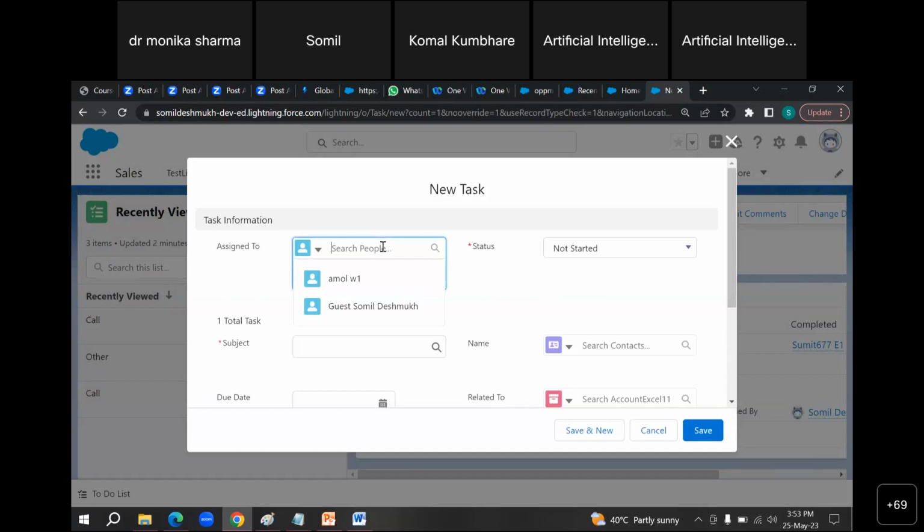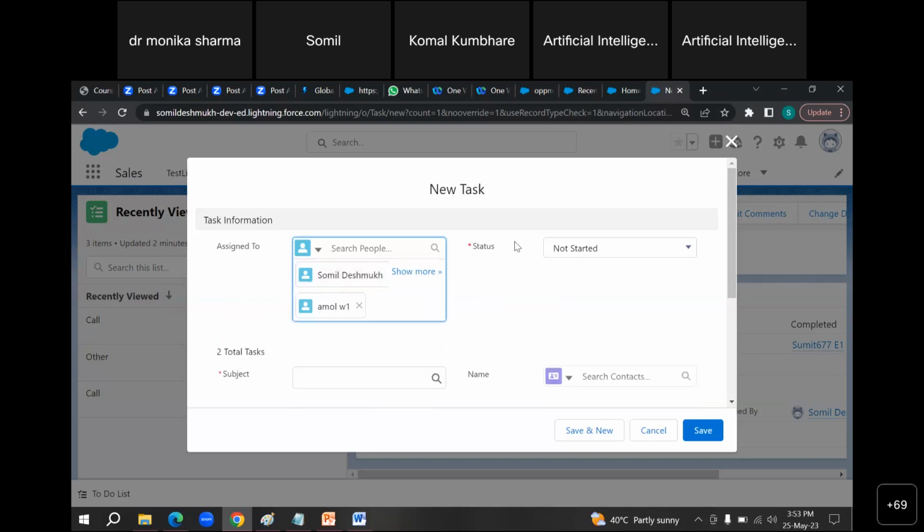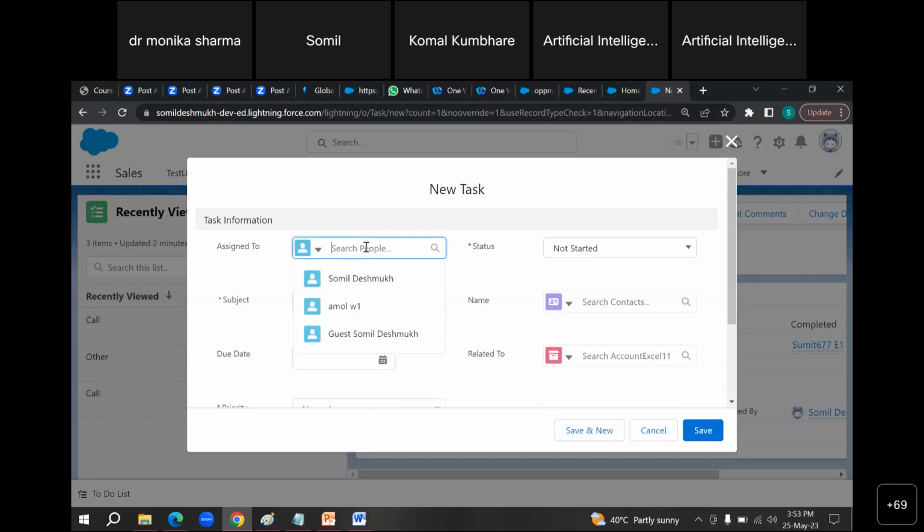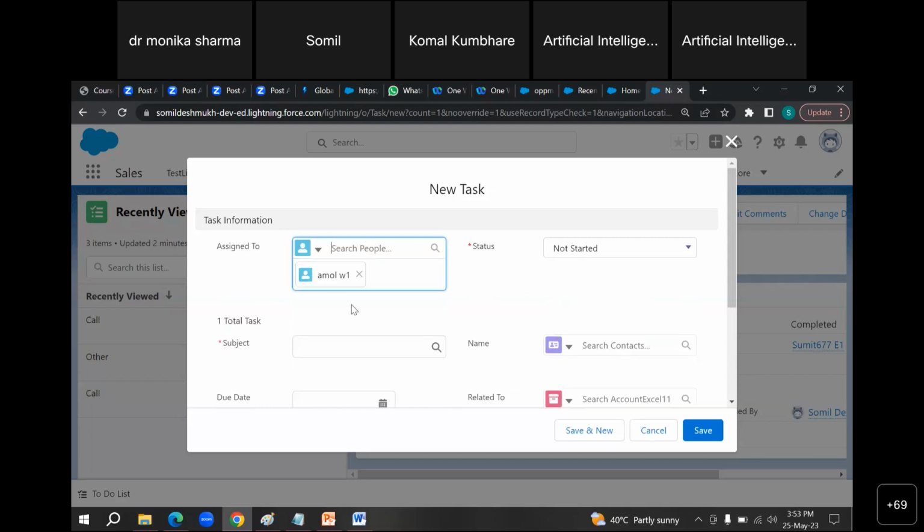There can be multiple employees within your company. Suppose I want to assign a task to Amol or to Somil. I am removing this, because I want to assign it to only one person, Amol. So I am assigning it to him.